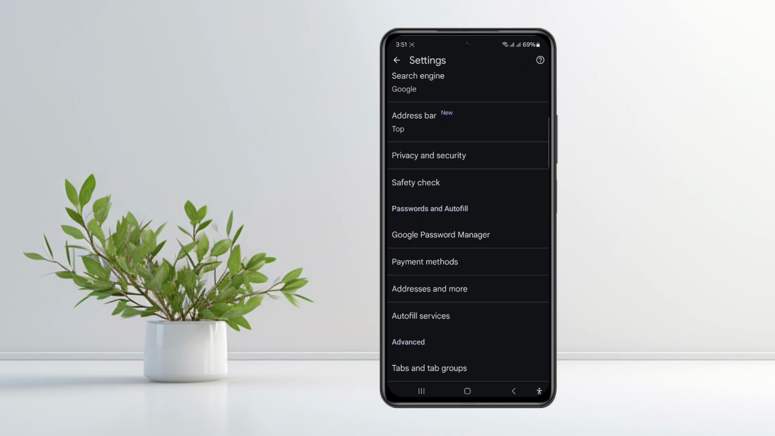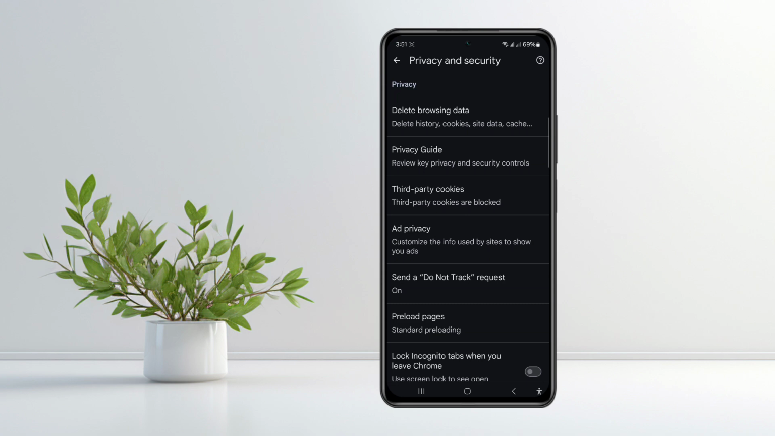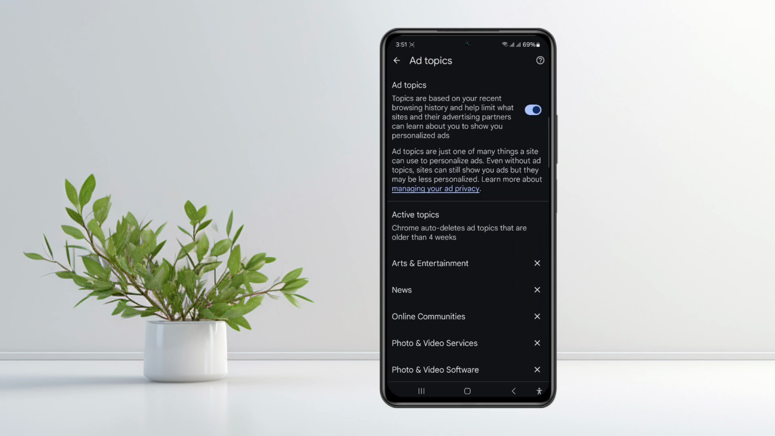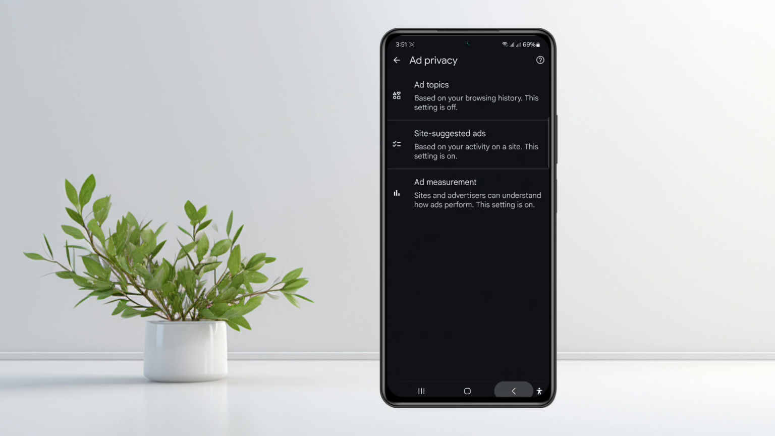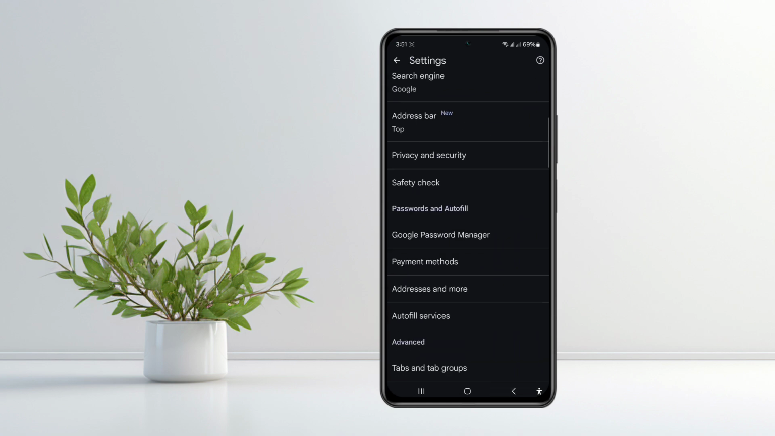click on privacy and security. Click on add privacy. Click on add topics. Now enable, turn off, go back. By doing this process, you can easily